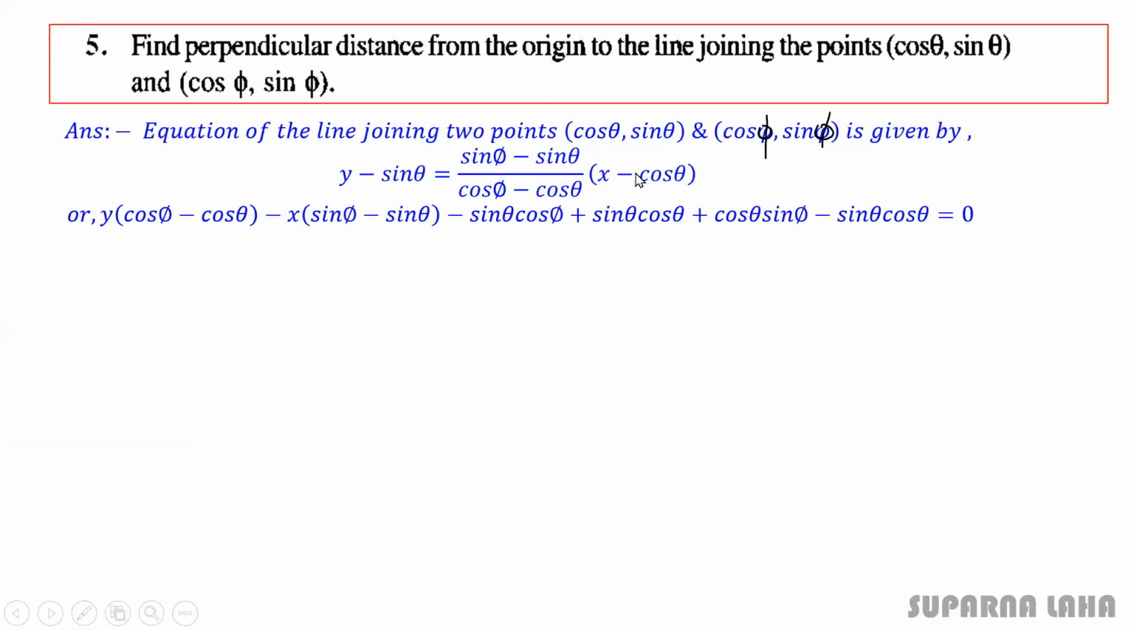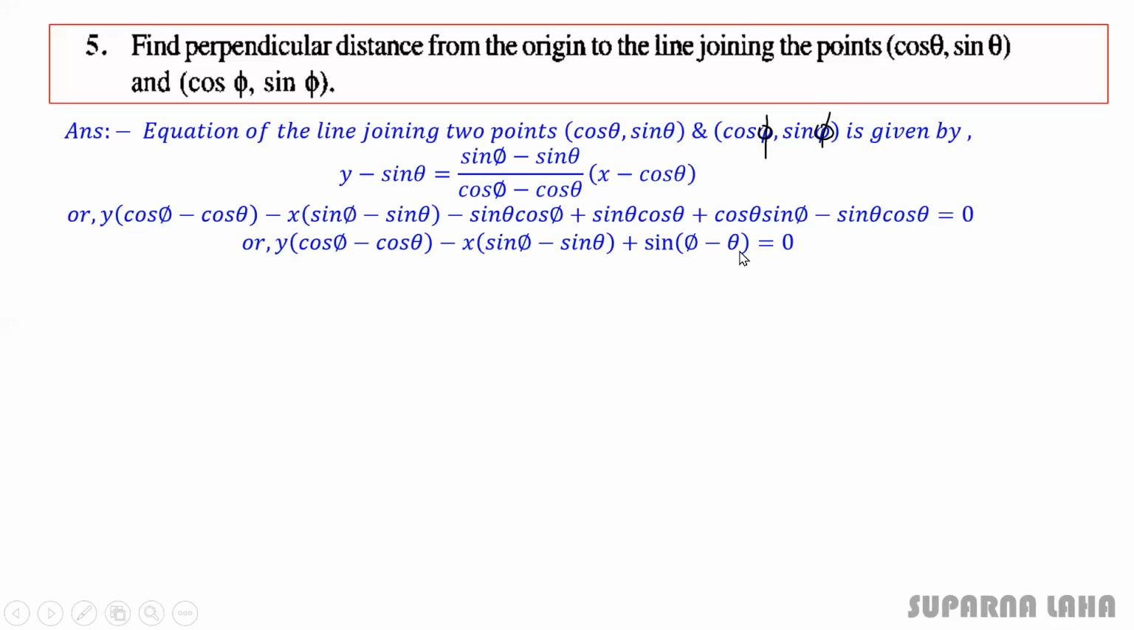And this will be plus sin theta cos theta; take it to your left hand side, there will be minus sin theta cos theta. So minus sin theta cos theta plus sin theta cos theta, these two terms will cancel out and the remaining terms are minus sin theta cos phi plus cos theta sin phi. So rewrite this again: y into (cos phi minus cos theta) minus x into (sin phi minus sin theta) plus